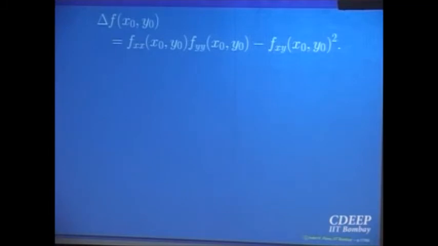Now in this, observe, supposing the left hand side is not equal to 0, then what can you say about the signs of fxx and fyy? Both of them should have the same sign. Is it clear to everybody? This equation says that if the discriminant of the function at that point is not 0, then fxx and fyy at that point will have the same sign. Is that clear? Okay. So keep that in mind. We'll use it.